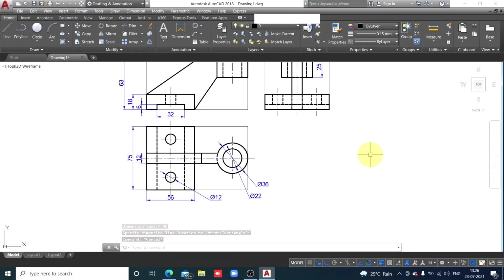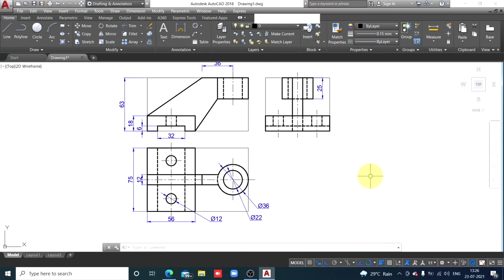Okay, so we have inserted all dimensions, and this is how we have completed the drawing.